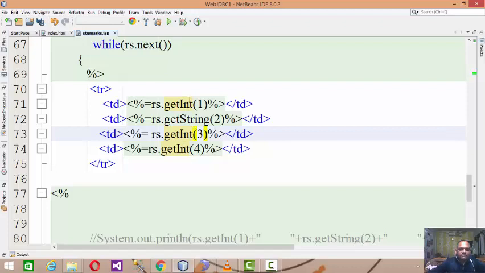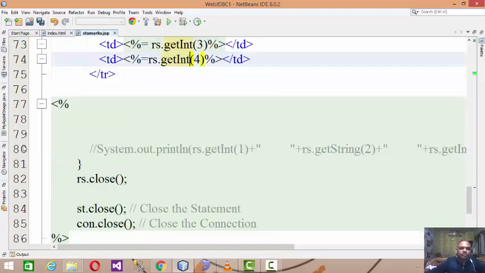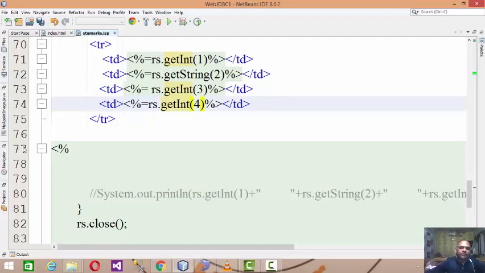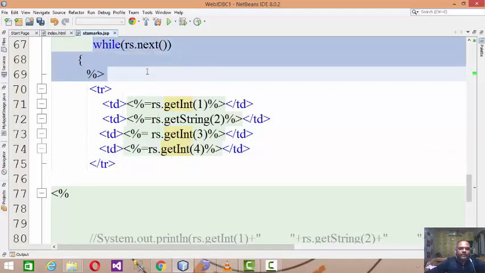The serial number, name of the student, roll number and the marks. This entire row will be fetched over here, and then it has to be repeated till the end, right? So the while loop will be executed.